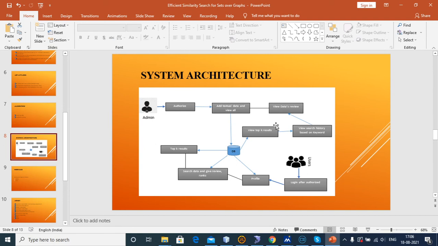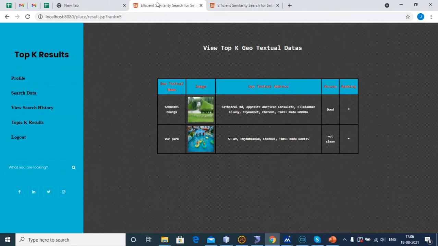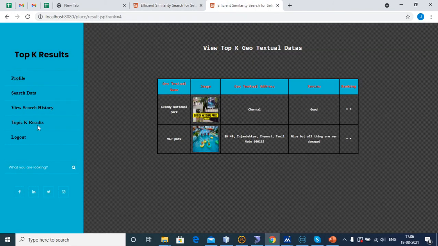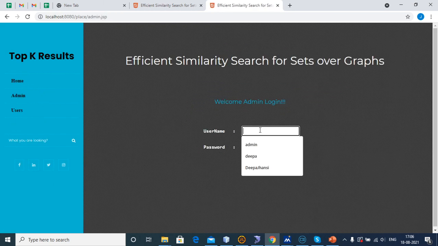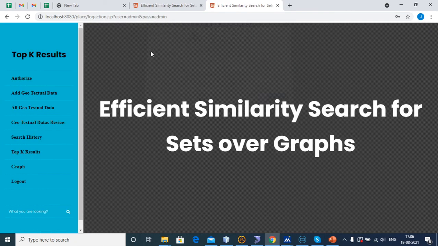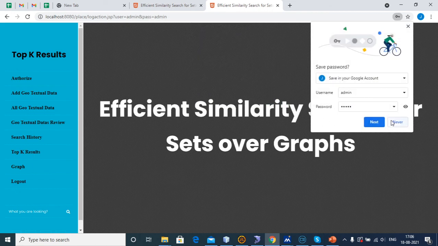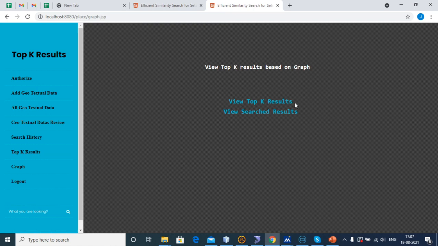After that, we have to give the result based on the graph on the admin side. First, view the top K result and view the search result.